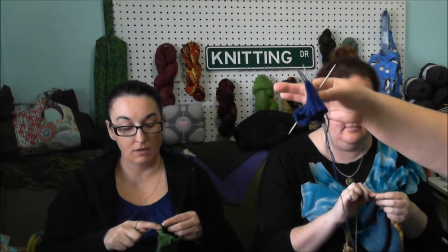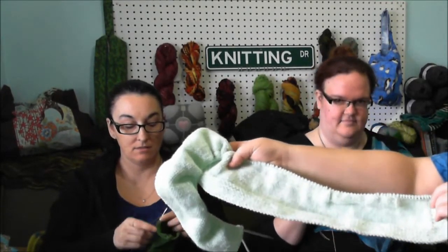So what yarn is that? That is Cascade Heritage, and it's on 2.5s, US 1.5. And I've got this lumpy thing. It's mint green! I'm not sure if you can see how minty it is. Pretty minty. Okay, to be fair, it's white with flecks of green in it. But it looks minty when you knit it up. In the skein, it doesn't look this green. So this is the beginning of the number 41 blanket,